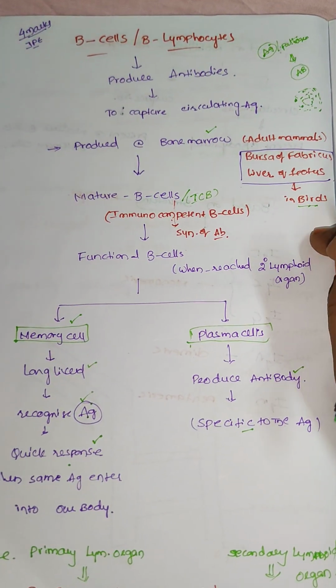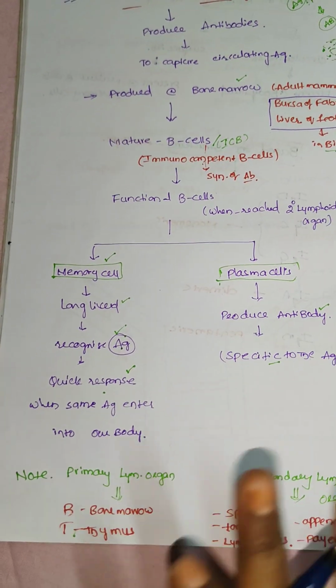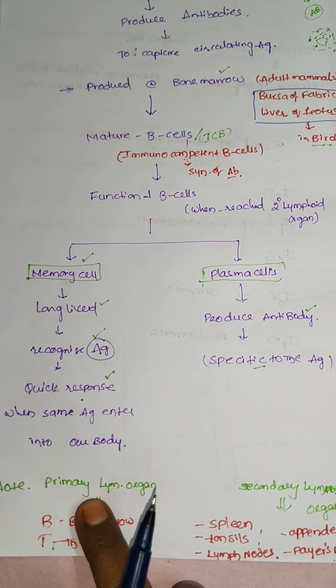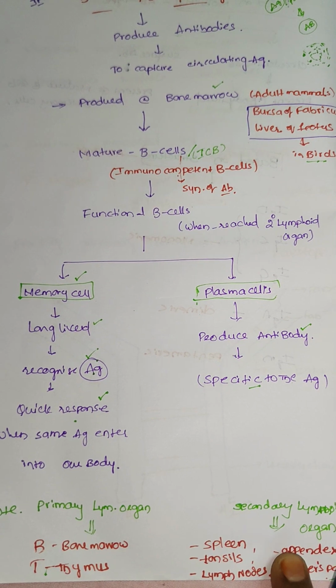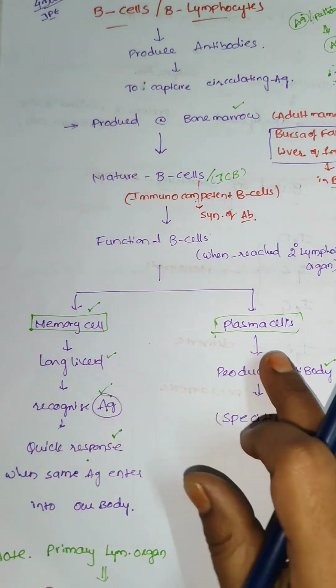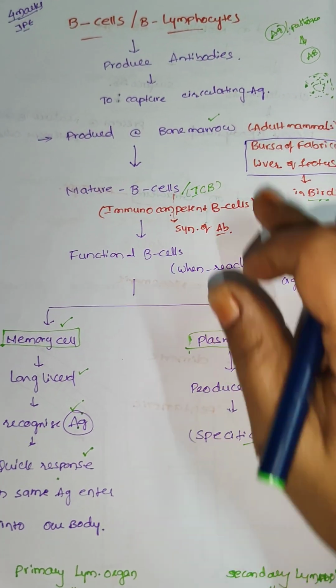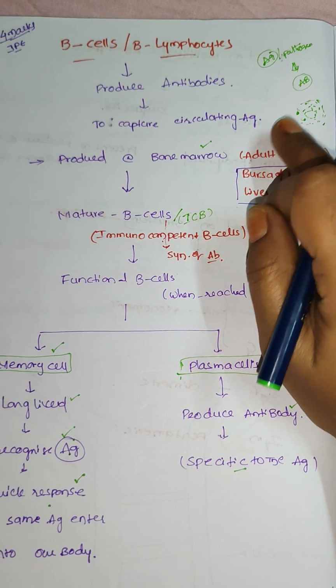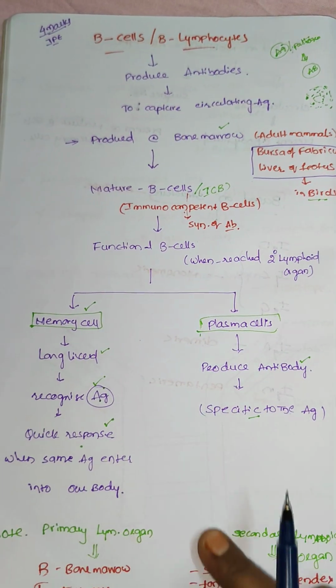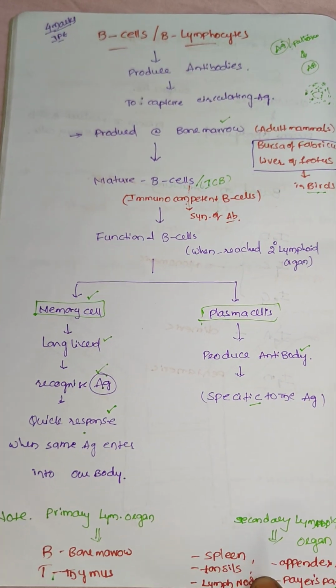You have to remember what the MCQs are. For MCQs: what are the primary lymphoid organs and secondary lymphoid organs? What is the function of the memory cell and the function of plasma cells? Where are B cells produced? This is the information for MCQs as well as